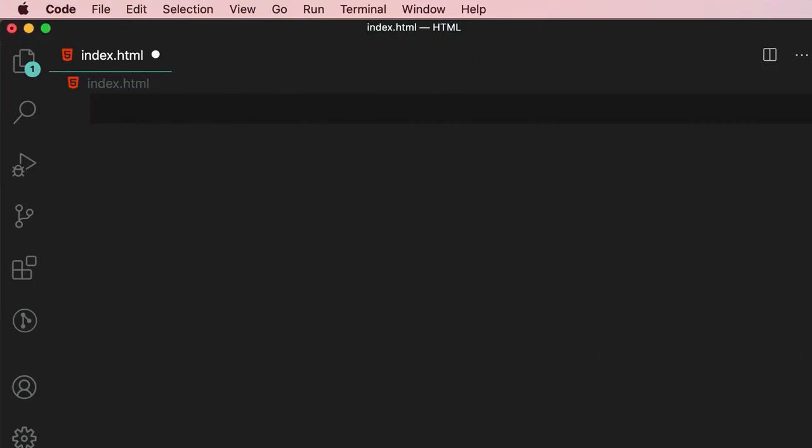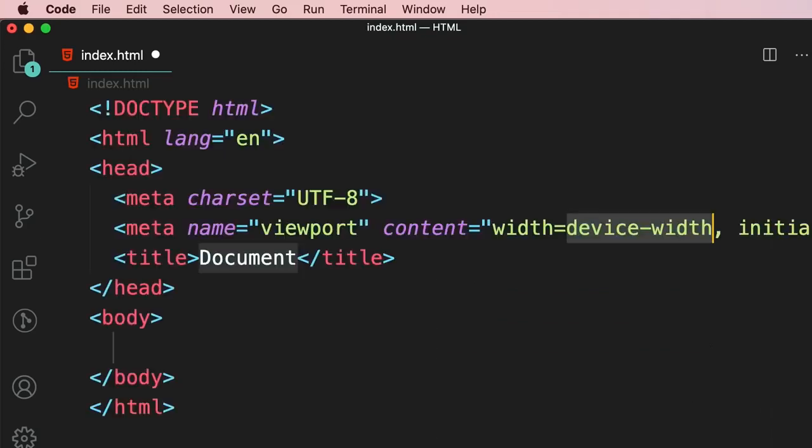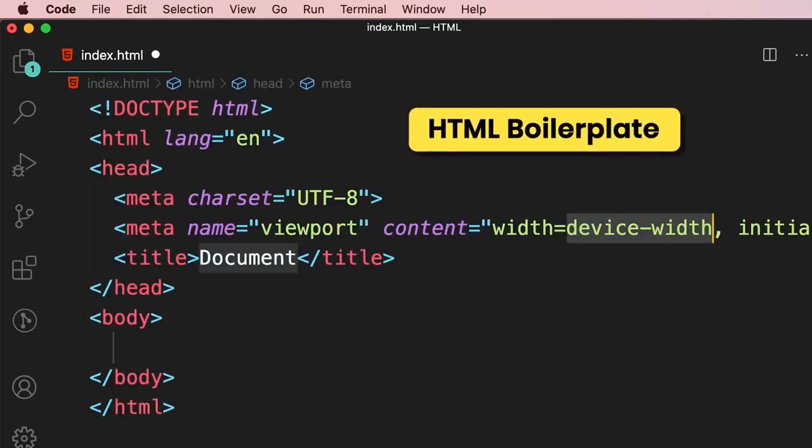Earlier in the course, I told you that we use the head section to give browsers and search engines information about a web page. So let's explore it in a bit more detail. I'm going to start with a blank document. Now let me show you a cool trick. If we type an exclamation mark and then press tab, we get a basic HTML boilerplate, which means a basic